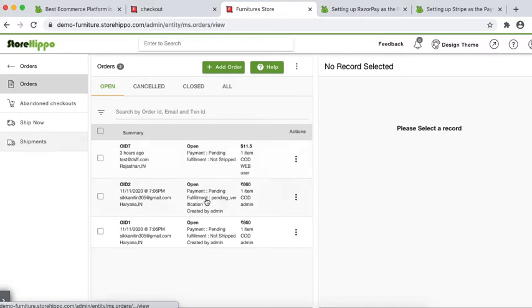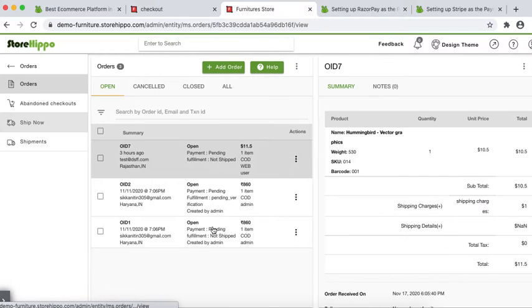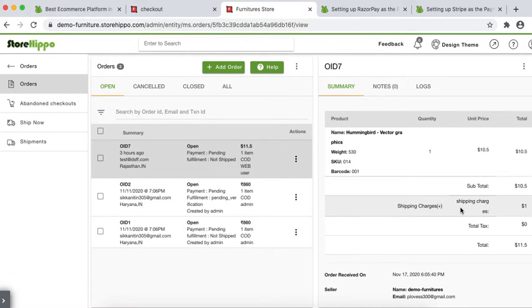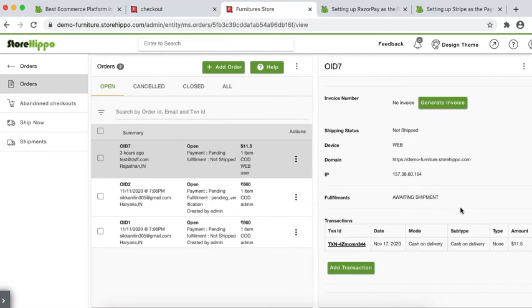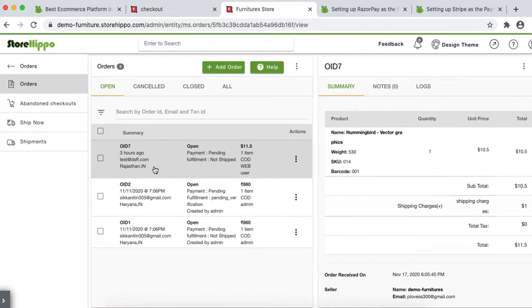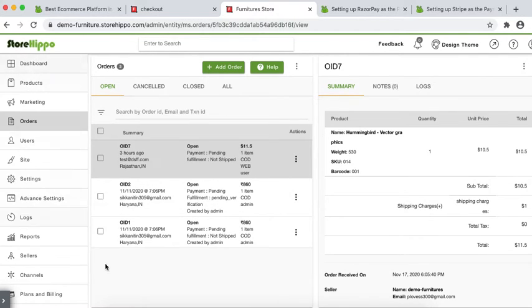So once the shipment is created, the status of the shipment as well as the order is updated in real time through the background jobs, and the notifications are sent to the customer. So that covers the entire flow of the logistics provider integration. So after that, let's go to the channels.